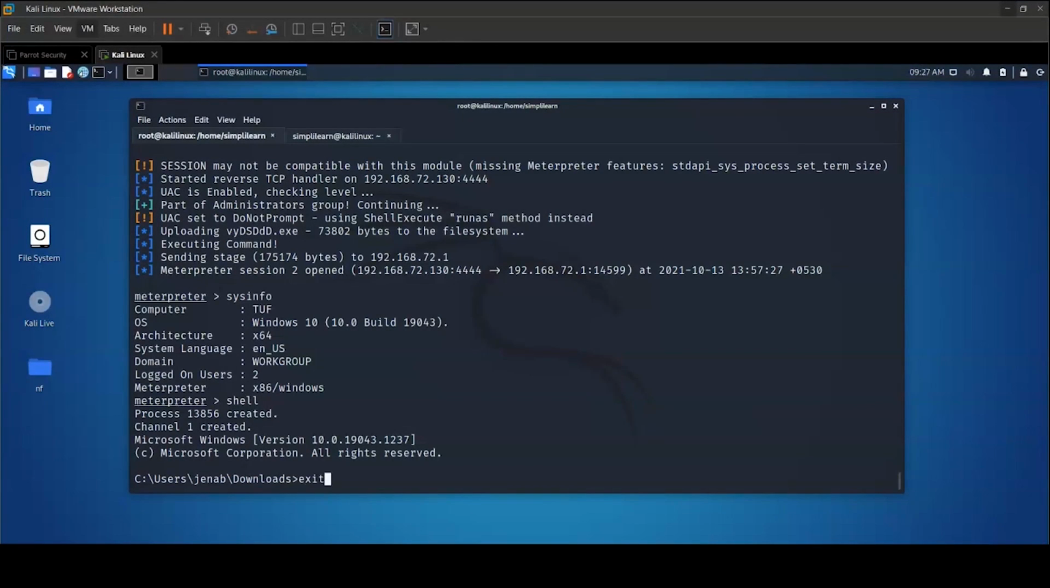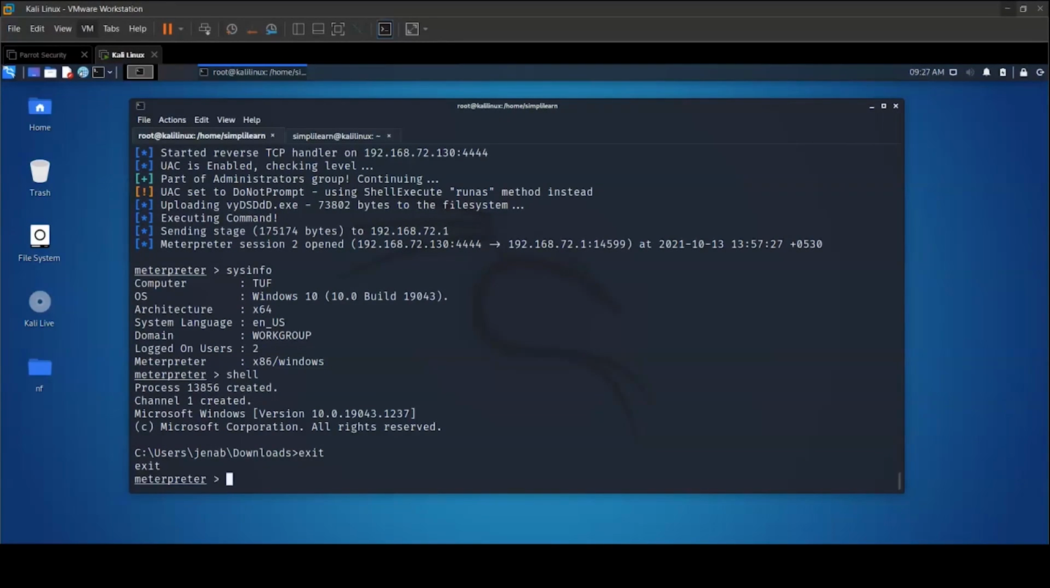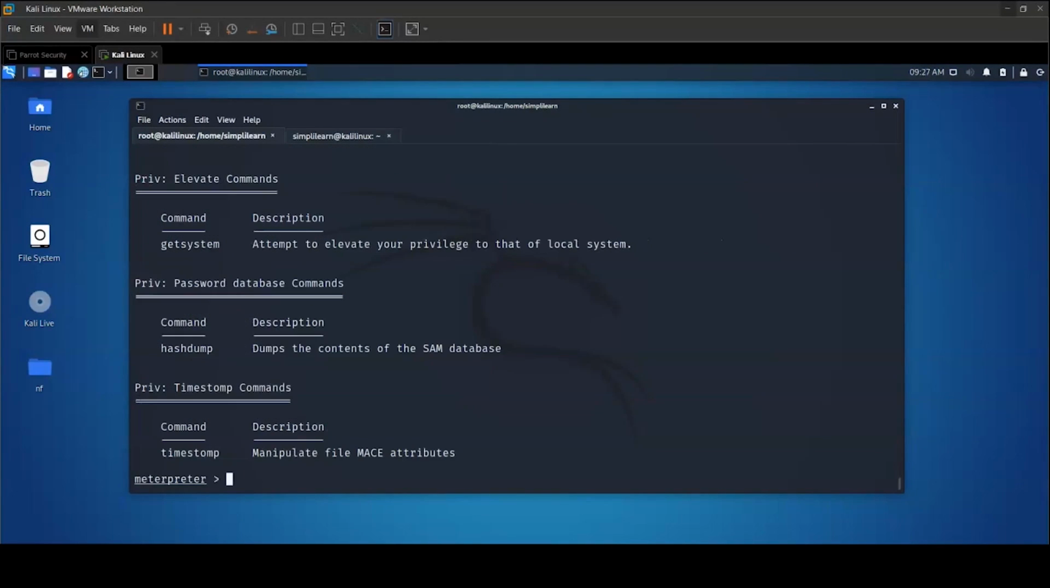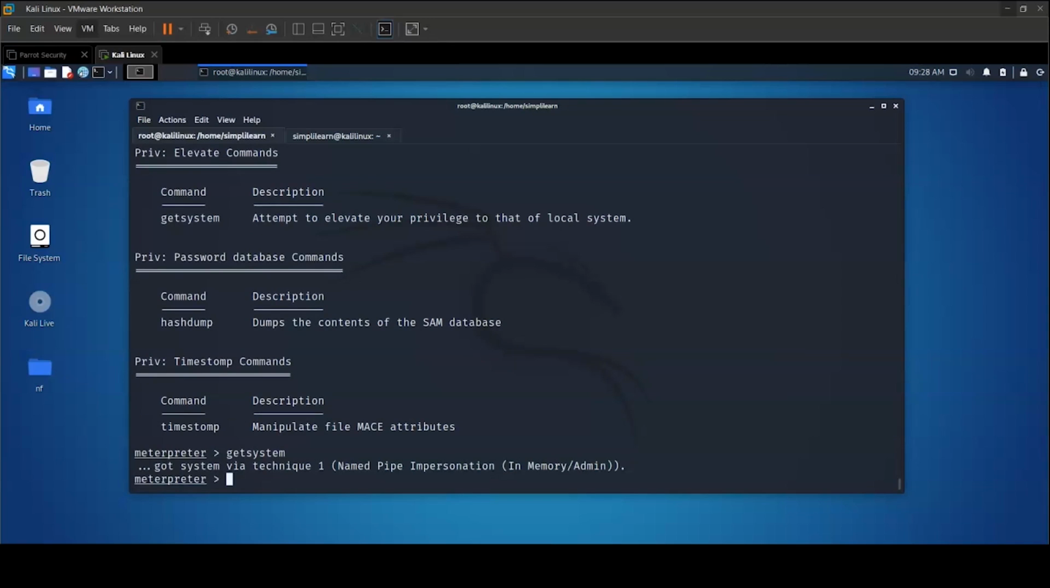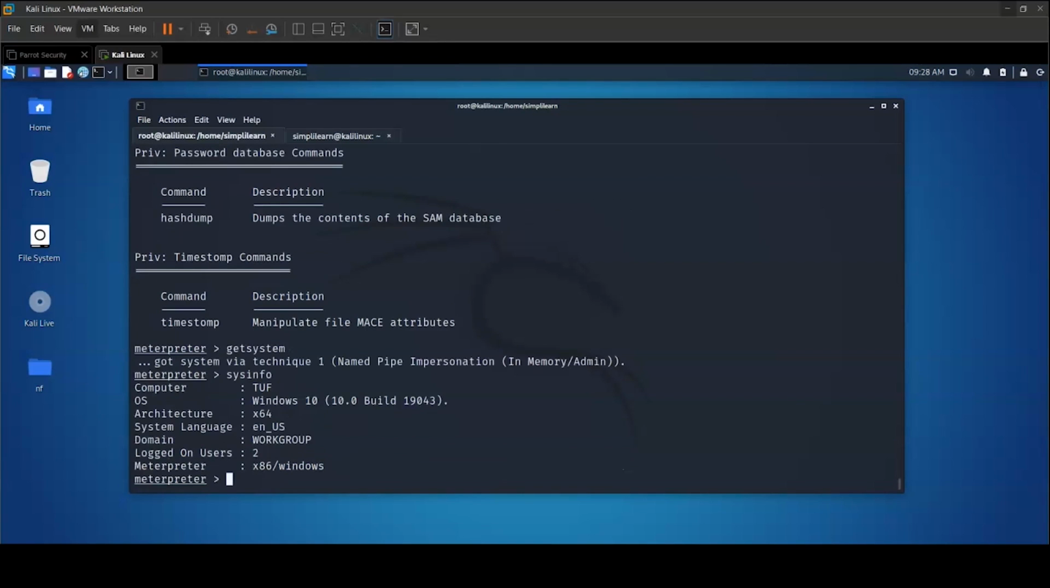If I press exit, go back to the meterpreter, there is a command on meterpreter, getsystem. It attempts to elevate your privilege to that of the local system, which basically means you get promoted into root access. So if we write getsystem, and due to pipe impersonation, we now have the system root access. As you can see, now it has become x64 and we are the admin user. Now if I go to shell,